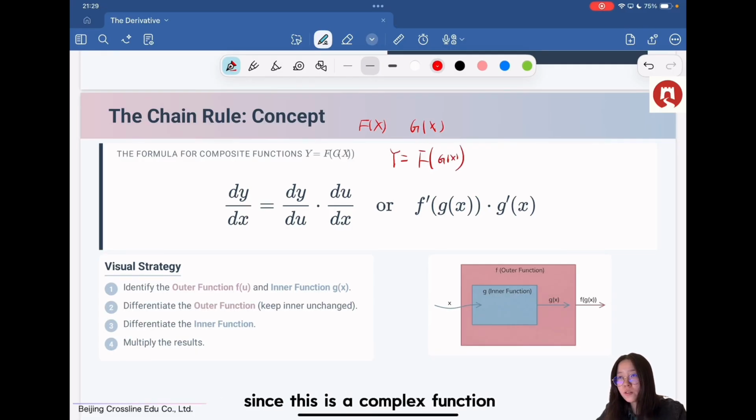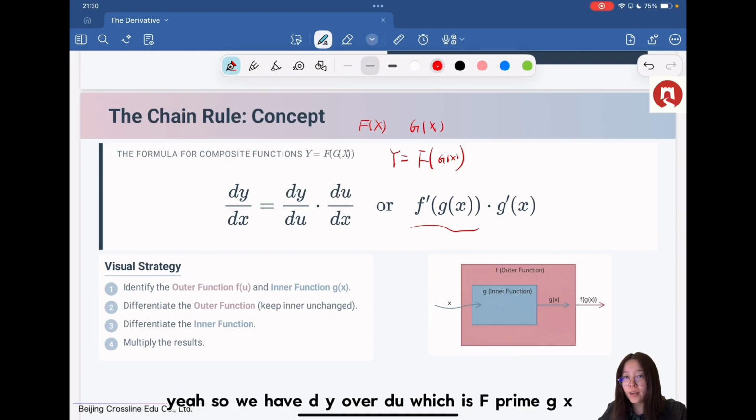Since this is a composite function, we can write dy over dx as dy over du times du over dx. They are equivalent because we can cancel the du here. Okay? So we have dy over du, which is f prime of g of x, and du over dx